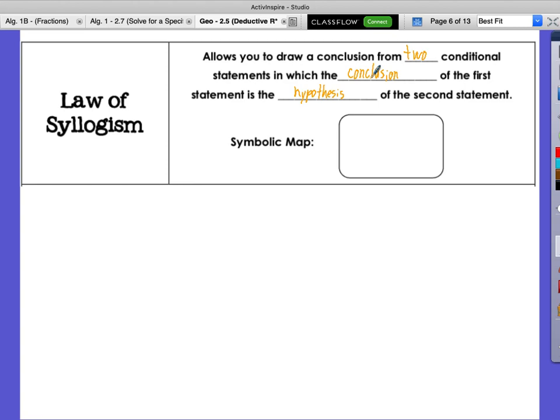Re-say that one more time and explain it slowly. So, if the conclusion of one statement, the ending of a statement, the Q, is the same as the hypothesis of the next statement, a new statement, then we can draw a conclusion. Let me draw it in symbols. So we have our first conditional, if P, then Q. We're saying if the conclusion of the first, this Q, is the same as the hypothesis of the second,